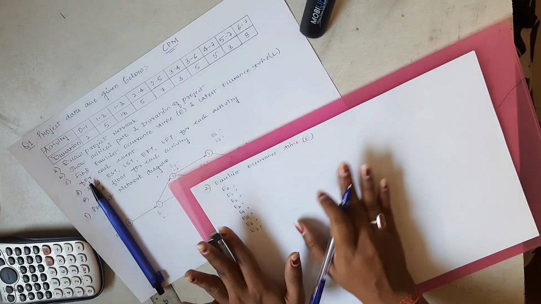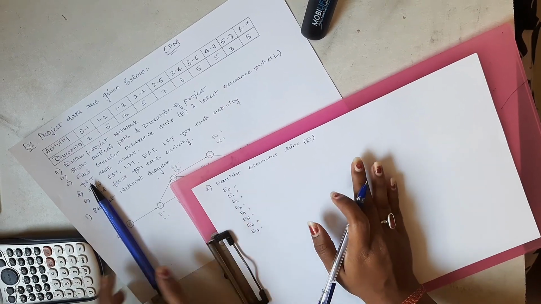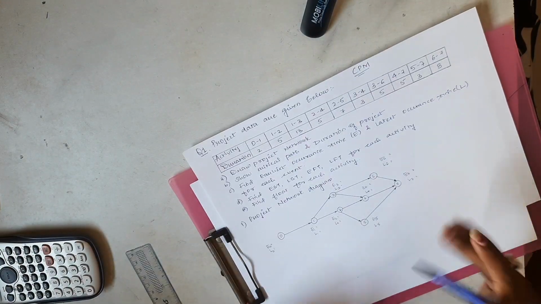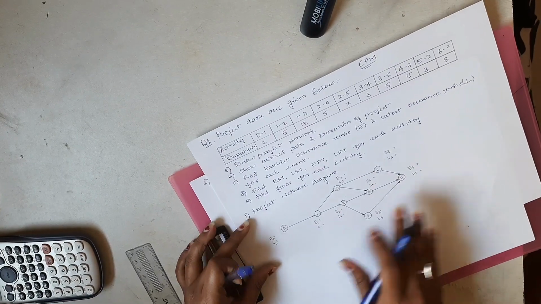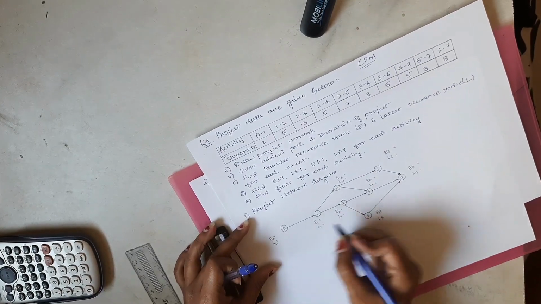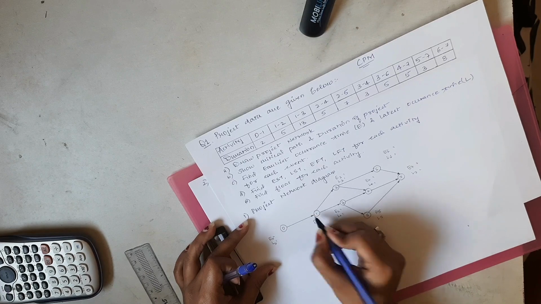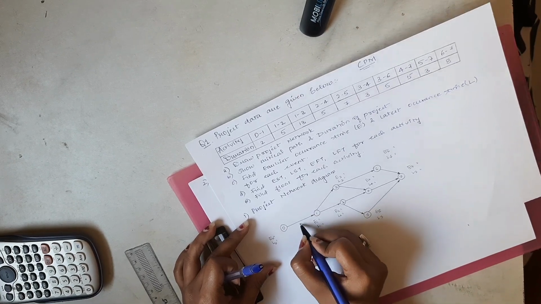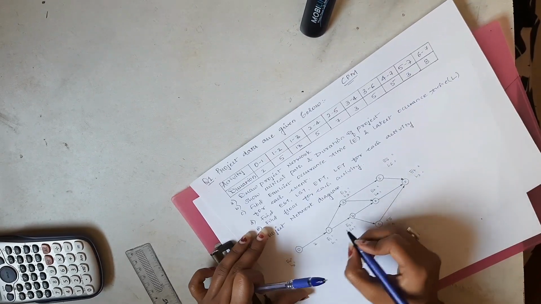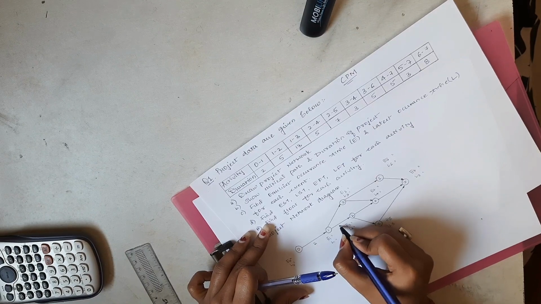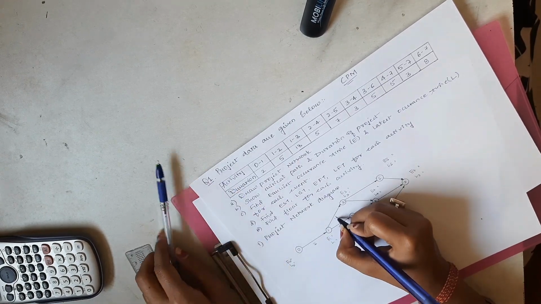Now, writing on paper is not that easy. First, you need to refer to your project network diagram to understand this. So this is still incomplete. You need to mention the duration also along with the arrows. So for 0 to 1, we have 2. Then for 1 to 2, we have 5. 1 to 3, we have 13.